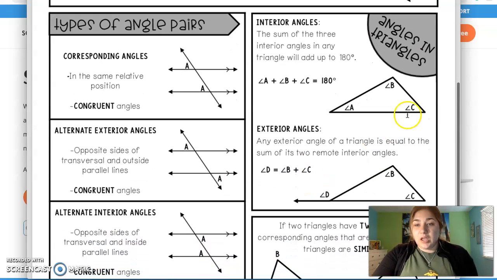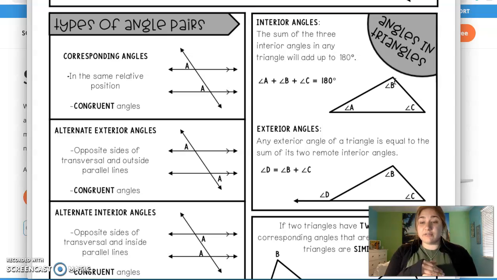Now, when we're looking at triangles, there are 3 angles in a triangle, and they all equal 180. So let's say I'm given B and C, and I need to solve for A. What I can do is add B, add C, and then add A. We don't know A, so let's say we have B as 45, C as 20, and I don't know A. So what I'm going to do is 45 plus 20 plus A equals 180. 45 plus 20, I'm going to get 65, and then subtract 65 from 180,